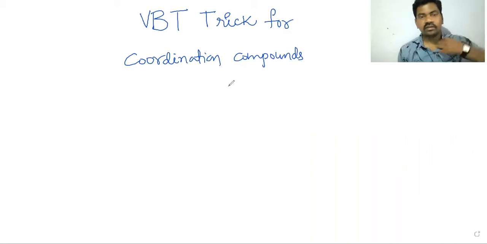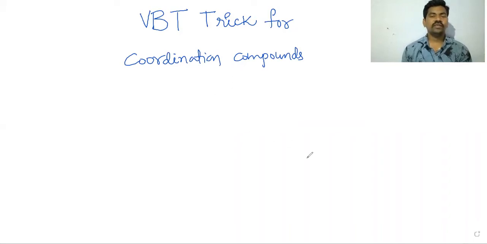Just by looking at the ligands and the oxidation state of the metal, we can find out its geometry, hybridization, and whether it is a high spin or low spin complex, and an outer orbital complex or inner orbital complex. So in this session I will give you a small trick. So first of all,